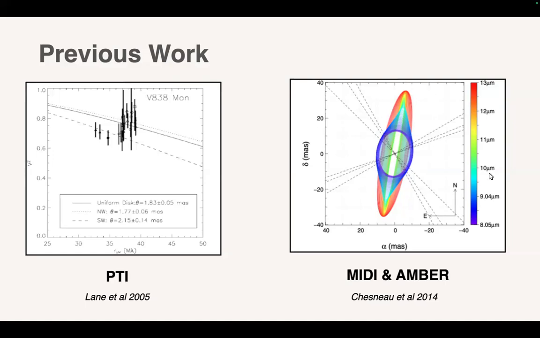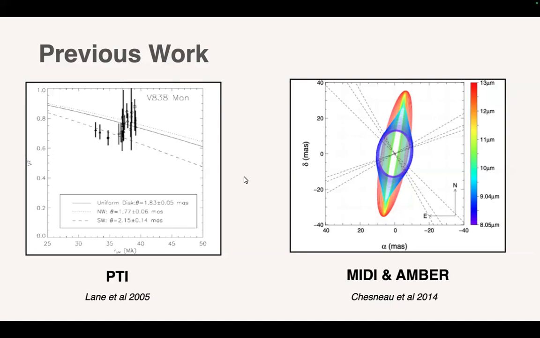What he found, if you study it with an interferometer using these old generation instruments, is that there's an elongated dusty structure from 8 to 13 microns that seems to increase in size as you go towards longer